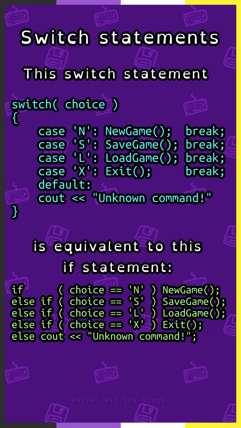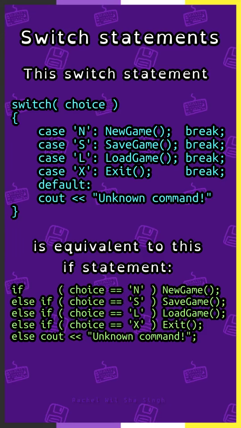This switch statement here, switch choice, case N, then call new game, break, case S, call save game, break, case L, call load game, break, case X, call exit, break, default, display unknown command. That switch statement is equivalent to these if statements. If choice is equal to N, call new game, else if choice is equal to S, call save game, else if choice is equal to L, call load game, else if choice is equal to X, call exit, else output